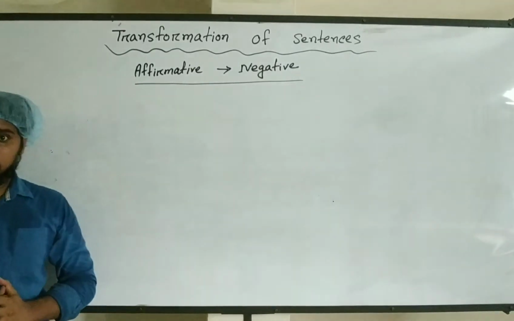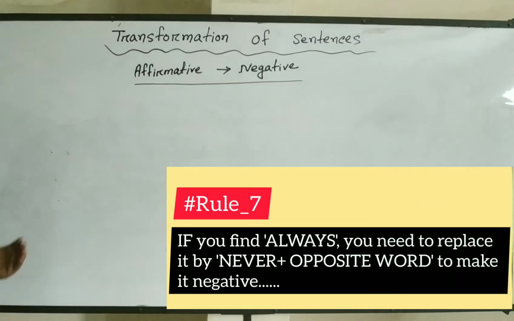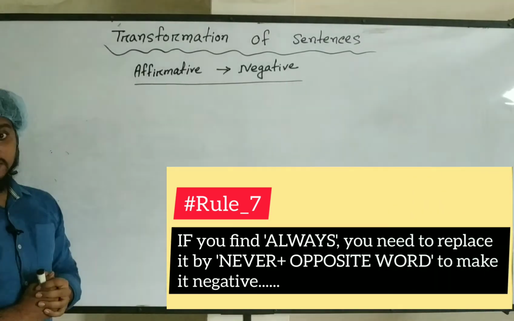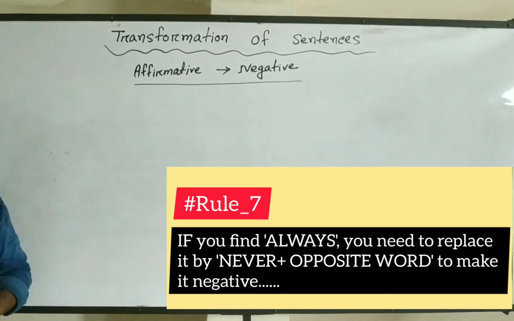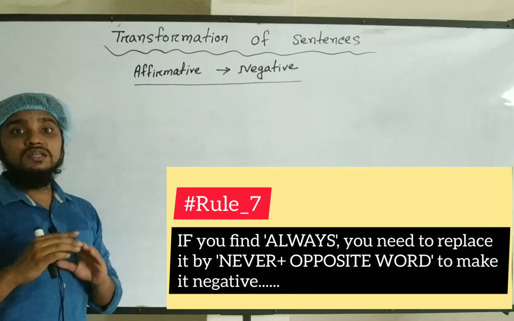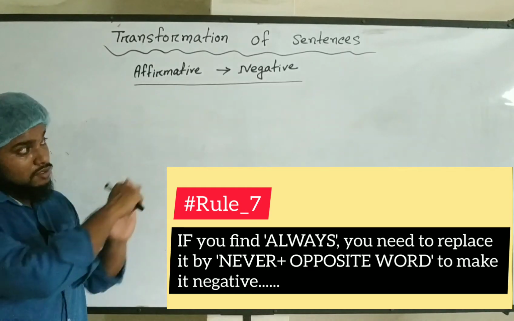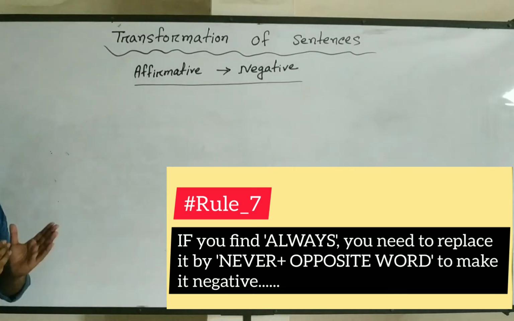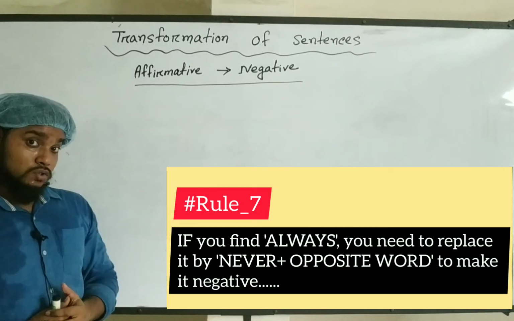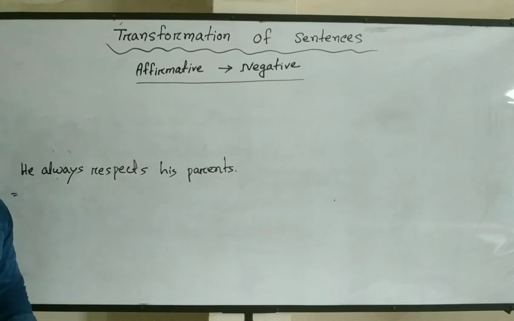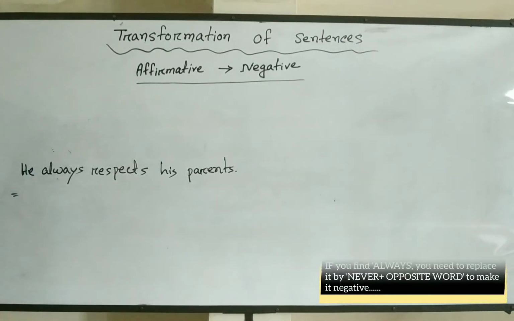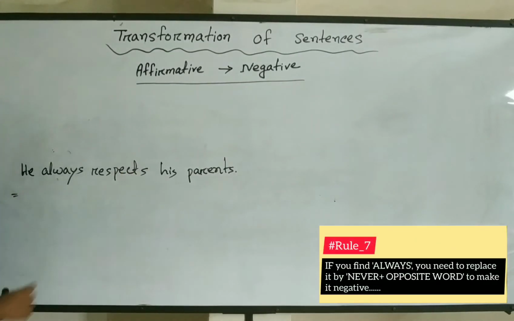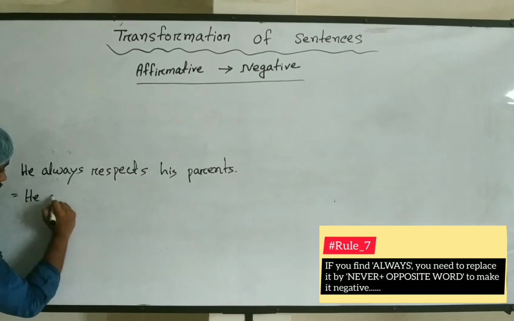Our next rule is, if you say always in an affirmative sentence, you have to replace it by never and an opposite word. Okay, let's make this rule clear for you with an example. Look at this example. He always respects his parents. Now you can see always, so we have to write never instead of it. We need never